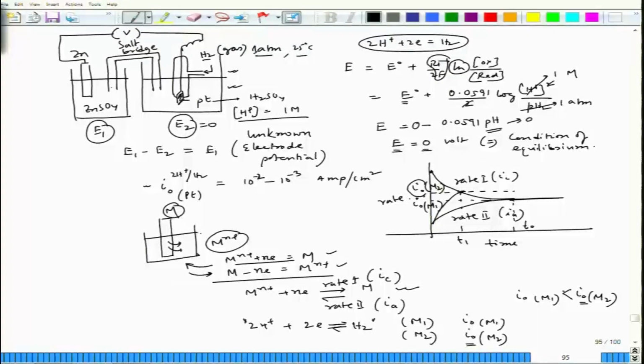This also indicates a condition of equilibrium. And that means, indirectly, it also indicates that it has to have a non-corroding reversible condition, and when it is a non-corroding reversible condition, that means it is also related to I0. So, higher I0 means the condition of equilibrium is established, and if there is a disturbance, then higher I0 also indicates that the condition of equilibrium will be